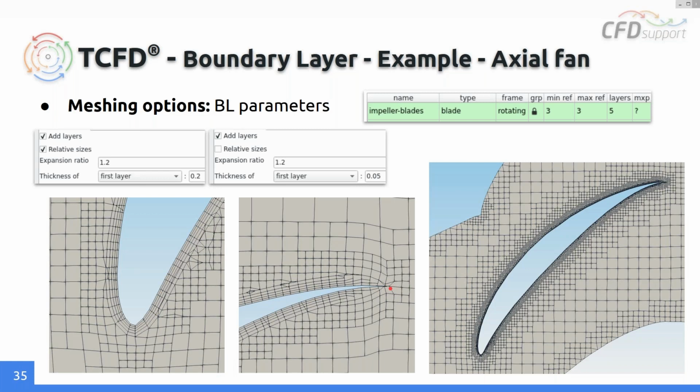So then SnappyHexMesh decides to collapse the boundary layer near the trailing edge. This is a property of SnappyHexMesh which we have to count with if we use it. So this is the example of